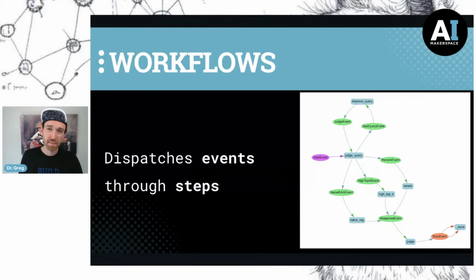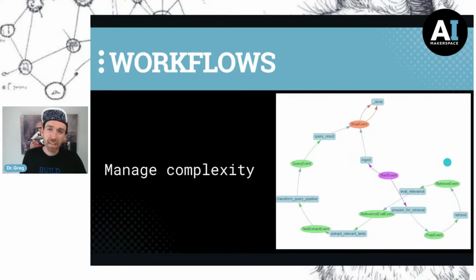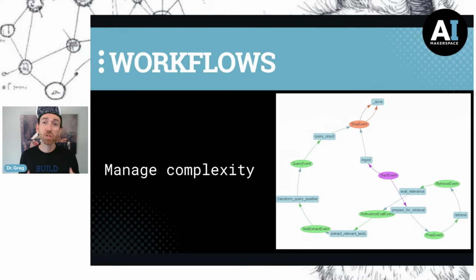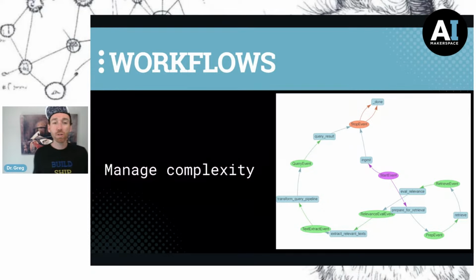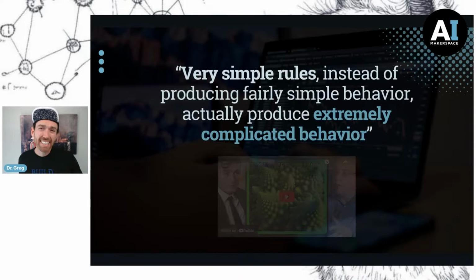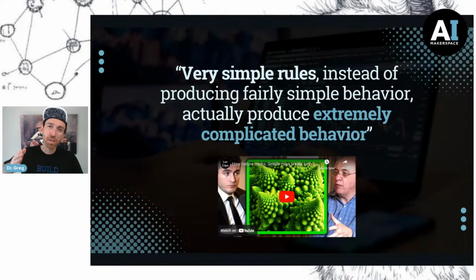Now, just zooming out for a second, the whole purpose of this is, when we have something that's getting quite complex, we need a way to manage this complexity. And Gen AI applications, the ones we're building today, they're becoming ever more complex. And as a result, it's becoming ever more challenging to manage that complexity through the flow of data and the execution of different pieces of the application. And so workflows is LlamaIndex's way of managing this, because as we know, complexity can occur based on some really, really simple rules upstream. You can get a lot of